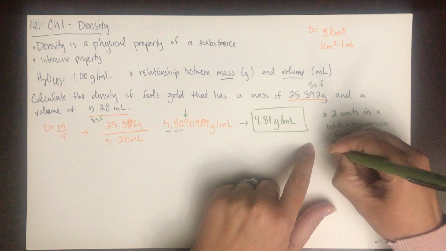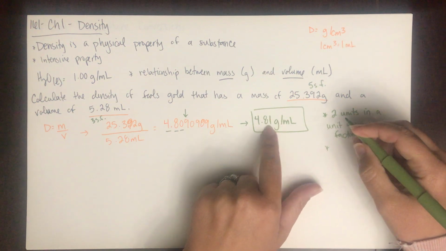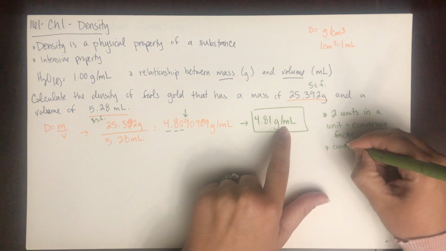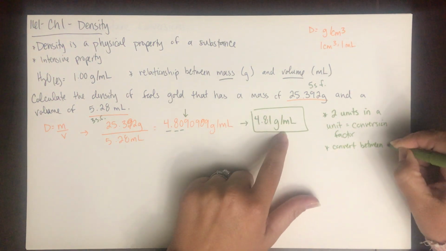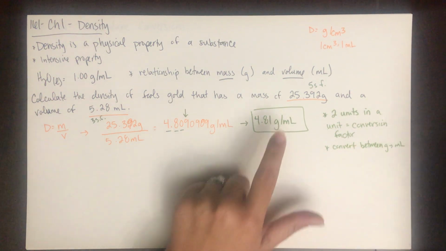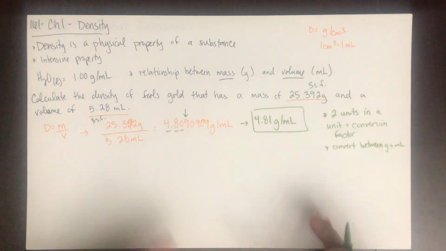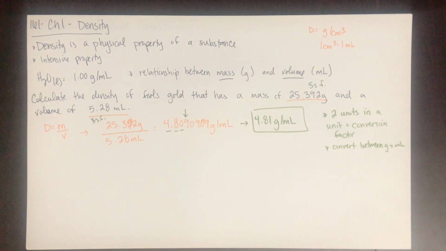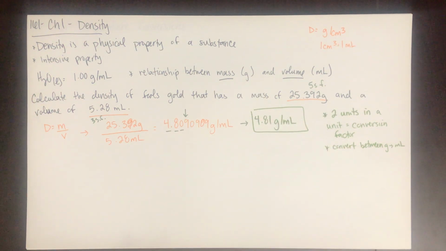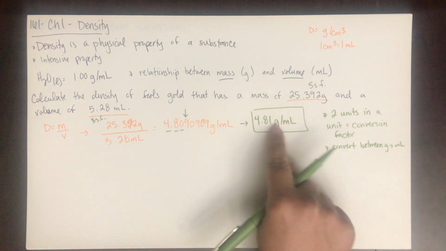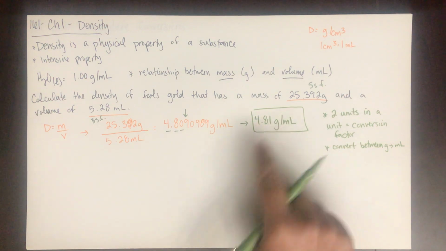That means you can use it to convert between these 2 units. Convert between, in this case, grams and milliliters, or milliliters and grams, either way. So 4.81 grams per milliliter. Anytime you have a unit with 2 units in it, that means you can use it